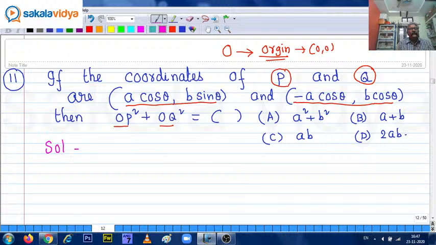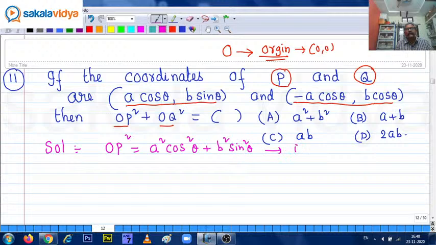First of all, let us find OP square. The distance of x comma y from origin is x square plus y square, without square root. So OP square is a square cos square theta plus b square sin square theta. Say equation 1. Similarly, OQ square means the distance of this point from origin, that's also x coordinate square plus y coordinate square. Minus a cos theta square, you get a square cos square theta plus